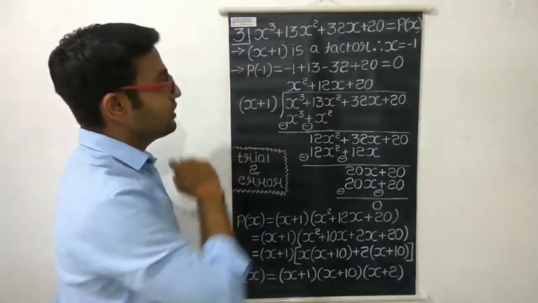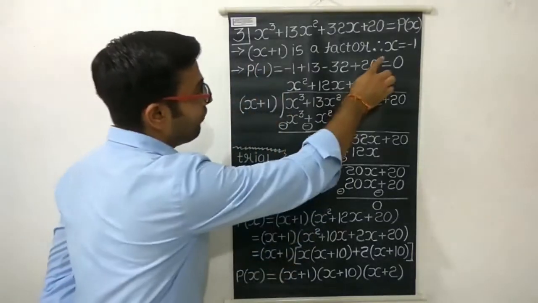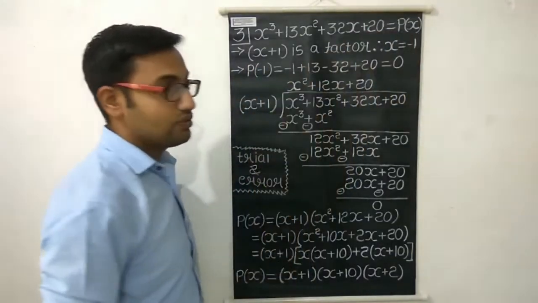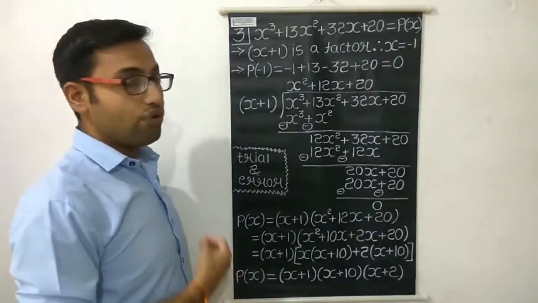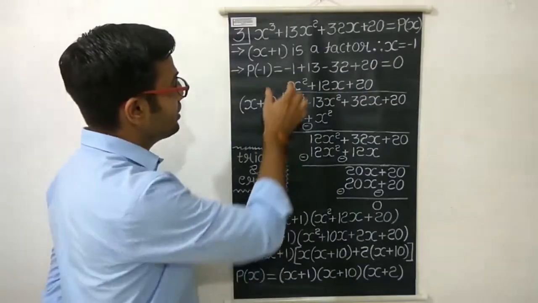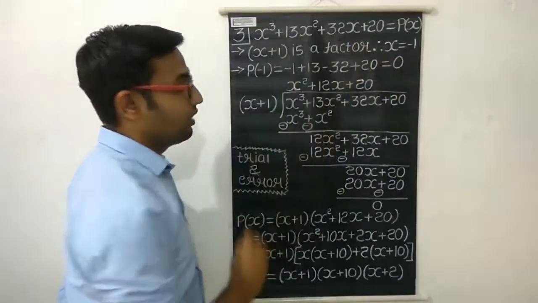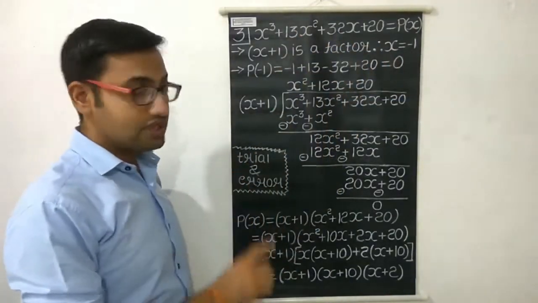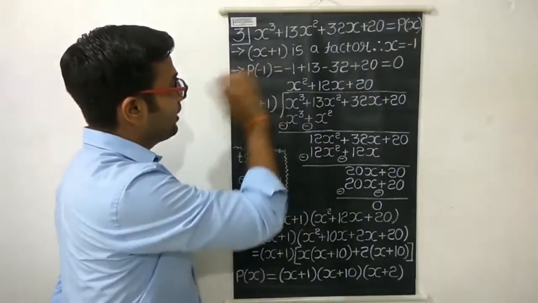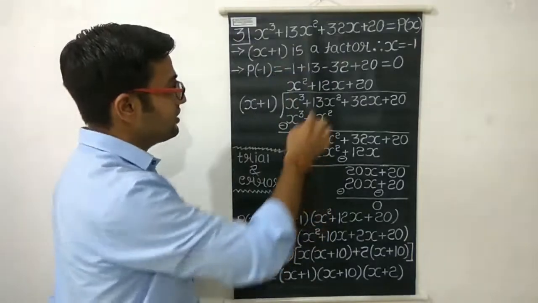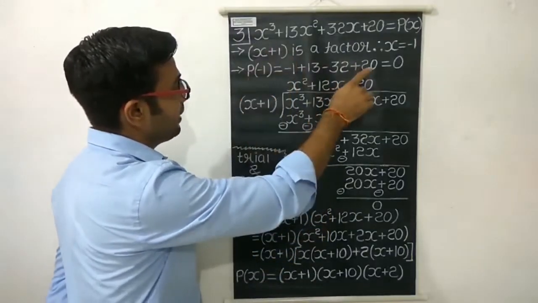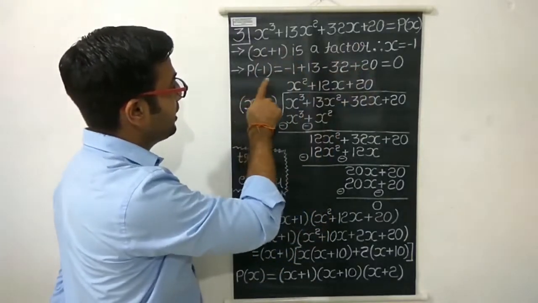So if x plus 1 is a factor, then the value of x we get is equal to minus 1. Now according to the remainder theorem, if we want to find the remainder, put this value of x in this polynomial, and if it becomes 0, we can say that x plus 1 is a factor of this given polynomial. So by doing this, put the value of minus 1 in this polynomial,